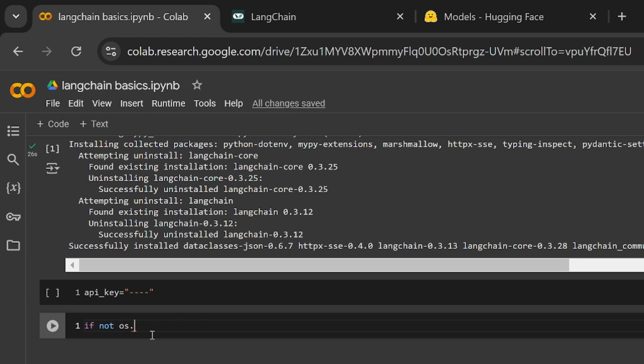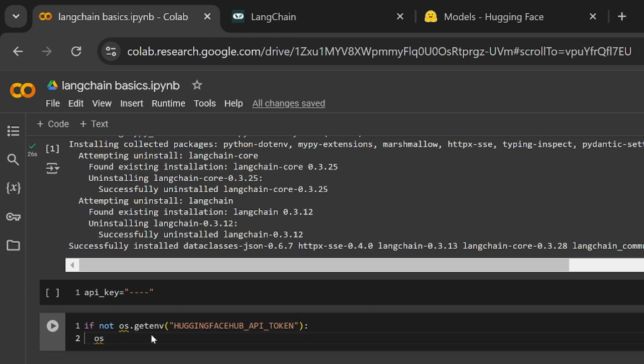So for doing that, we will do os.getenv and we will check whether we have the API key already set so that you don't have to set it again. So we will check the API key using any name you can keep. I am using HUGGINGFACEHUB_API_TOKEN as a name, and if it is not there, then you need to set using